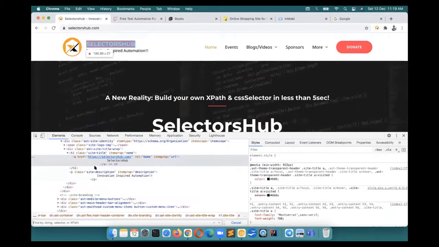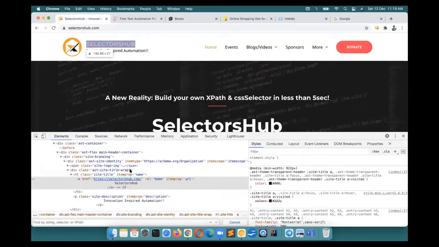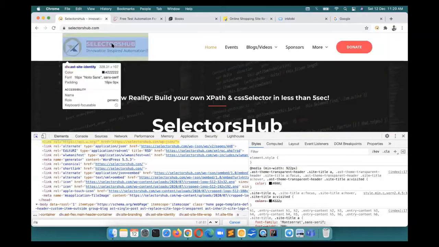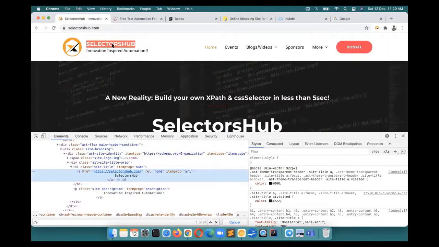We will inspect this element and we do Command F, because we are very habitual of doing this. And we start typing double forward slash a, but as soon as we type, you see that it goes up and down. Then this is not the element for which we want to write the XPath, right? Again, we will have to inspect this element. Now I'm showing you how we write the XPath.